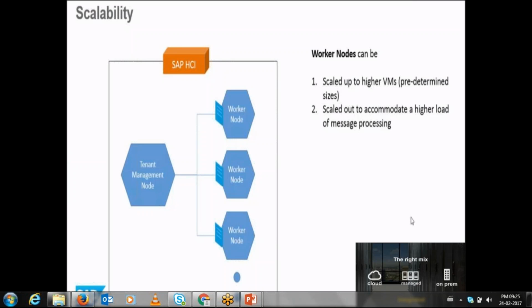If you have gone for the minimal package where you have the minimal cores of your CPU and the worker node, then SAP won't be doing it. It will let the processing be on your one worker node only. So it all depends on the premium package, which package you have gone for. Okay, so this is scalability.